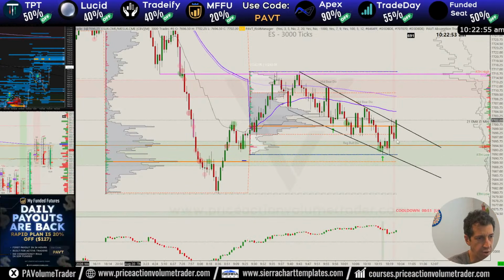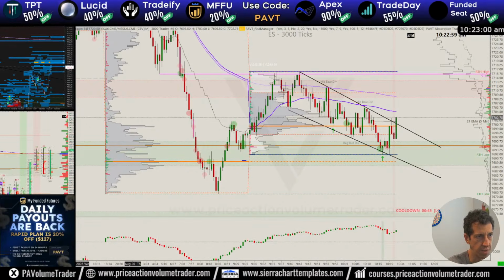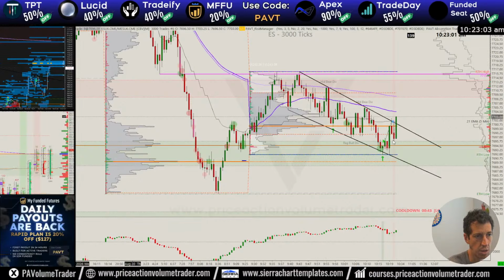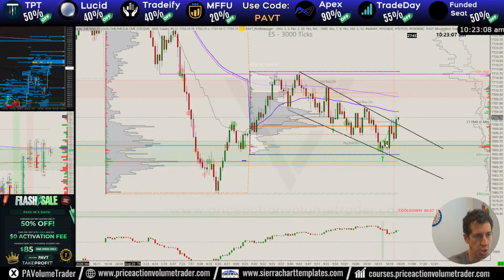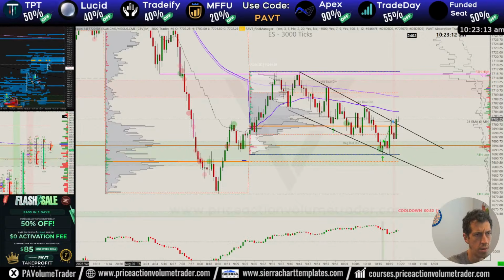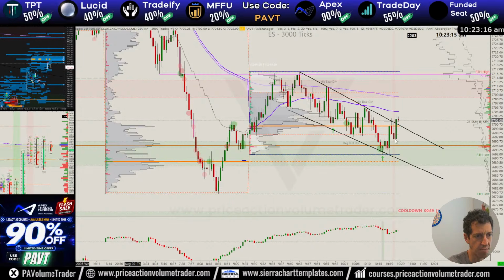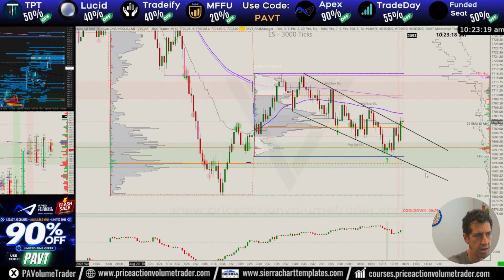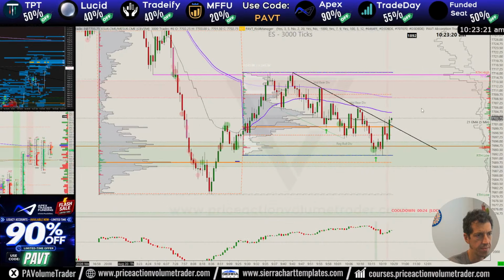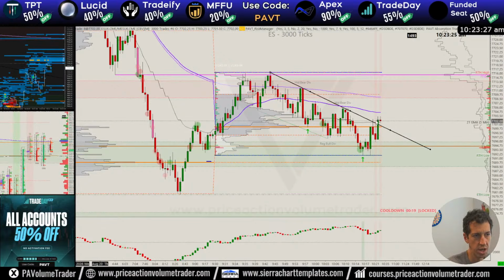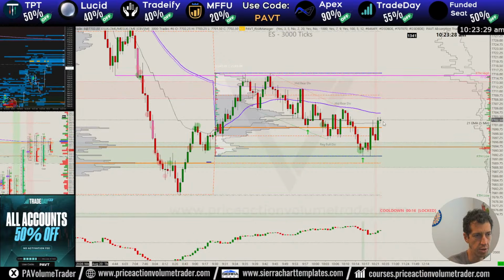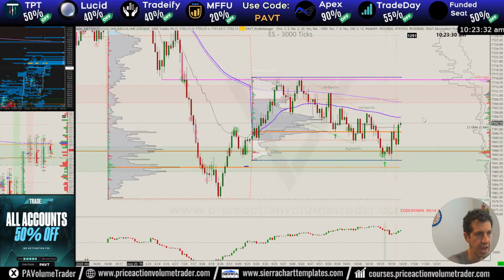Here you can see a perfect backtest of this low volume node area. So I could have just waited and actually taken a long on the retest of this. I sort of took it preempting the squeeze back above, which worked out well. But this was a very nice opportunity here on this pullback. Let me get this trend line off. A fourth trend line touch always increases the likelihood of breakouts, and that was the fourth touch that we have here.